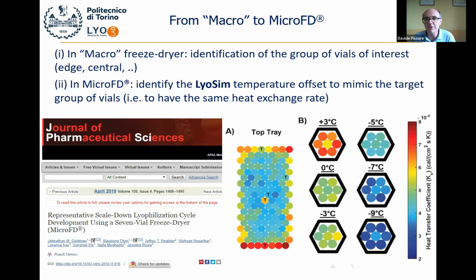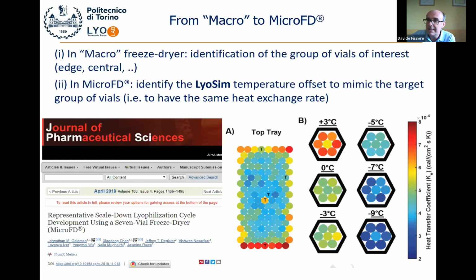You may see that if you select an offset plus 3, in your MicroFD, you replicate the heating condition of the first row vials. If you select a lyocene temperature offset of -5, you replicate in your MicroFD the evolution of the product in the central